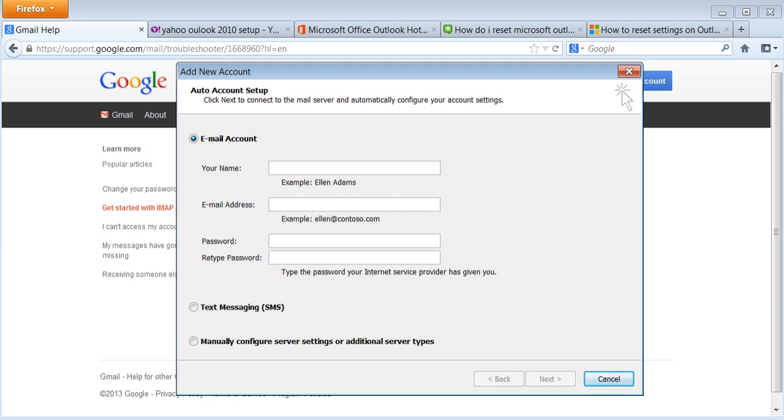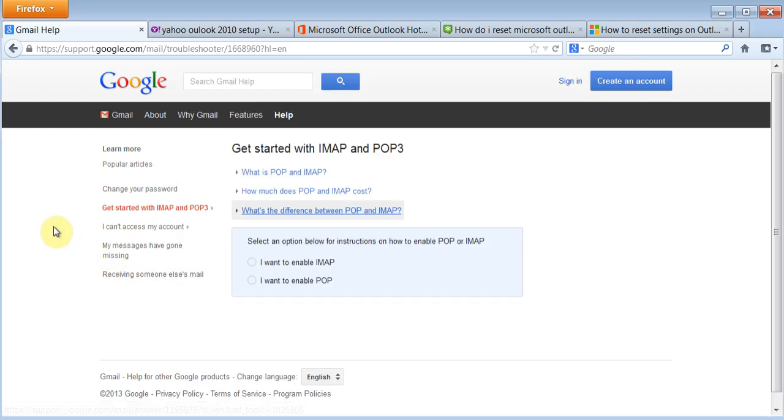And if you have your own business email with your own domain, you can even use it to set it up. Now, to do that, you need to get information about it. Just to show you what you can do, I went into Google and did a search for setting up Outlook 2010 with Gmail. Or you can go into your Gmail help, and here they'll give you information like how you want to